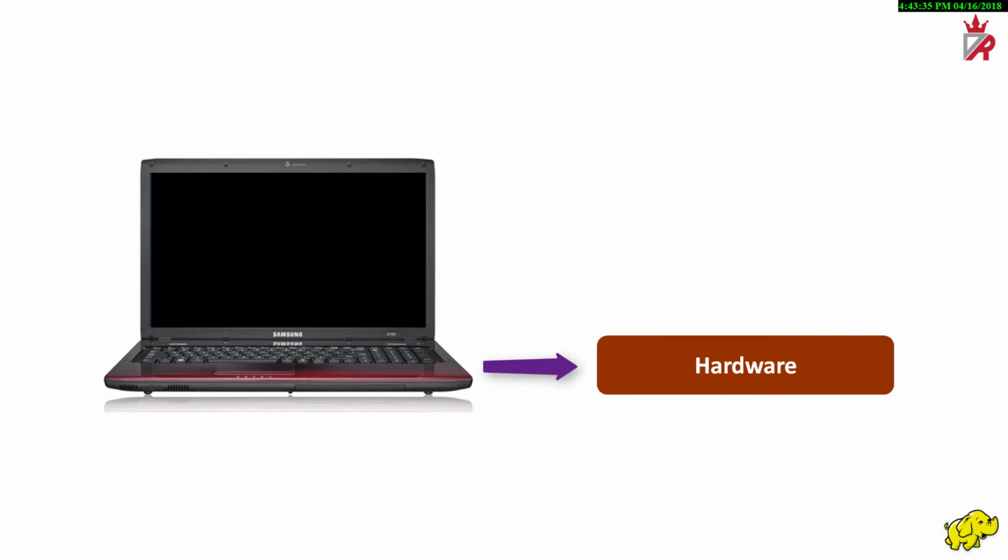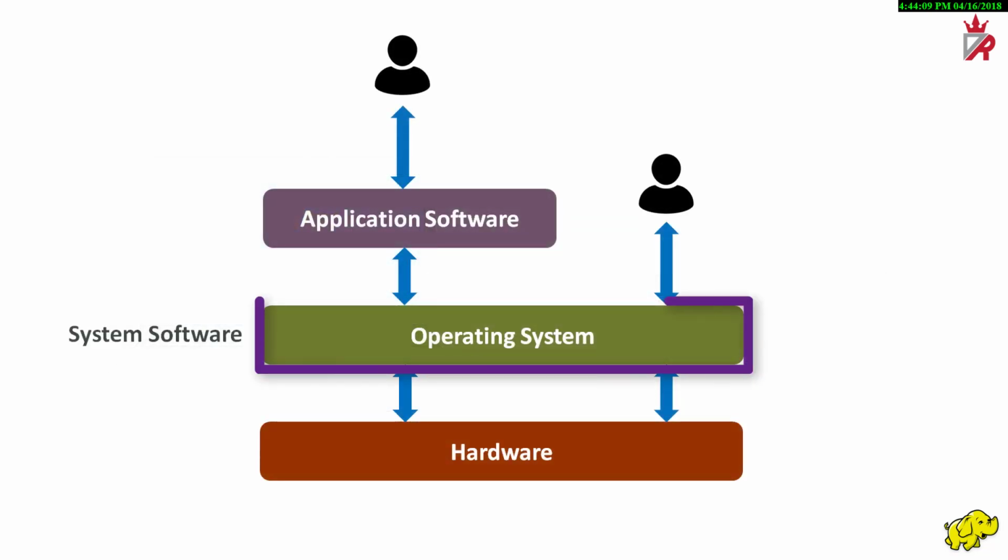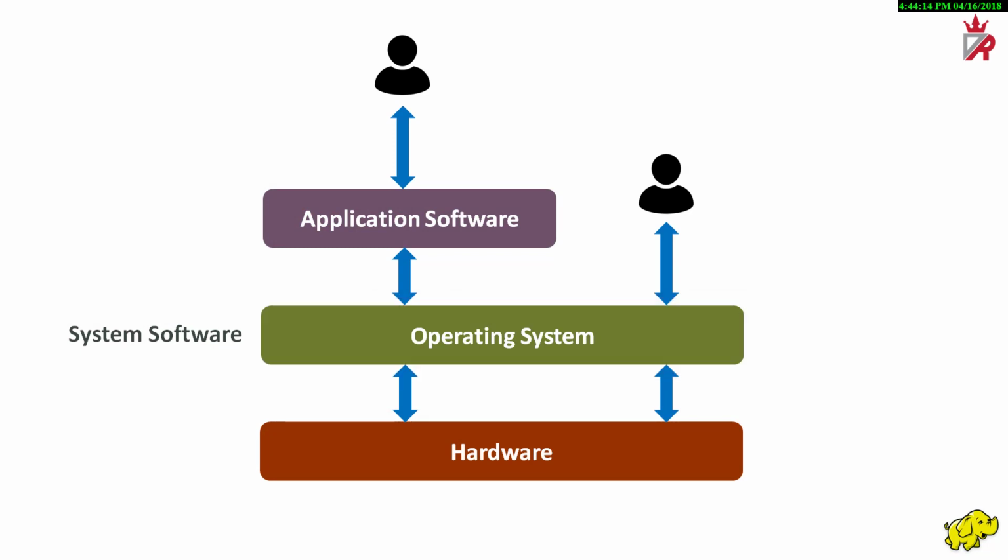We have to set up some kind of an operating system to utilize the hardware. An operating system is a system software which acts as an interface or intermediary between the hardware and its users, making it easier for the users to access and use other resources. On installing the operating system, all the hardware components of the computer become accessible. Like we can store the files in the file system of the hard disk. We can also install other utility software on top of the operating system, like some kind of media players or